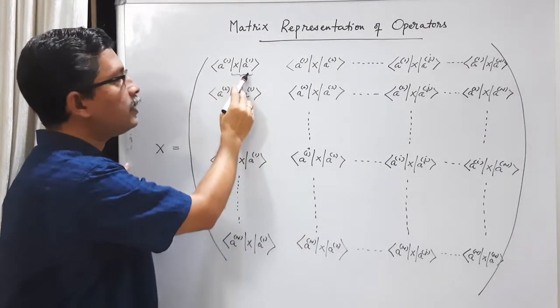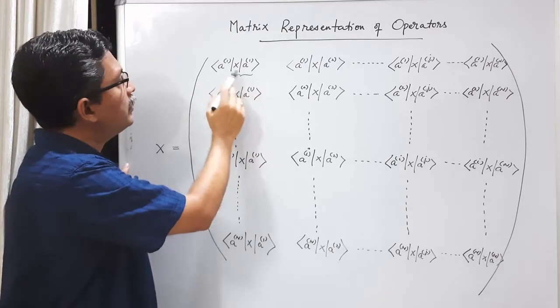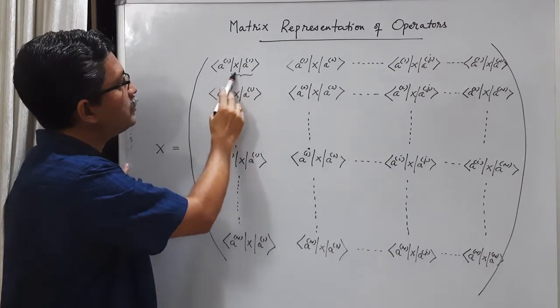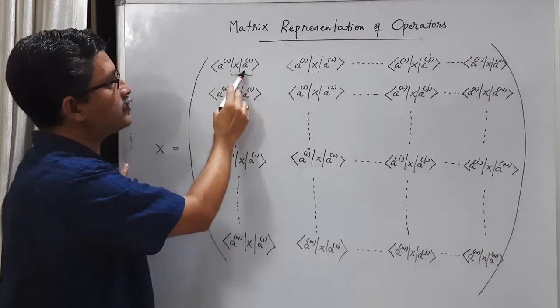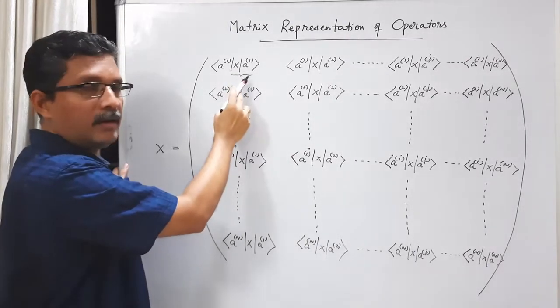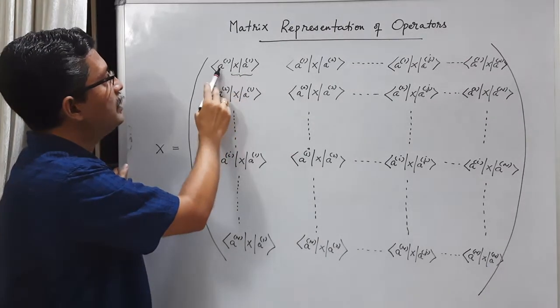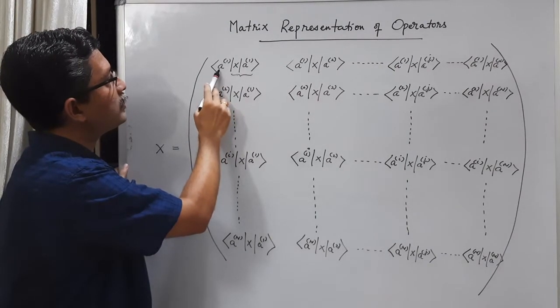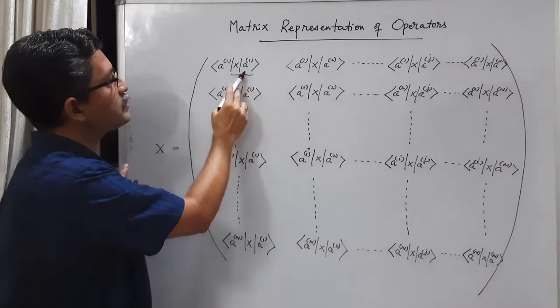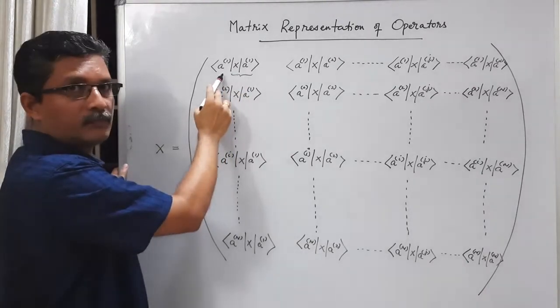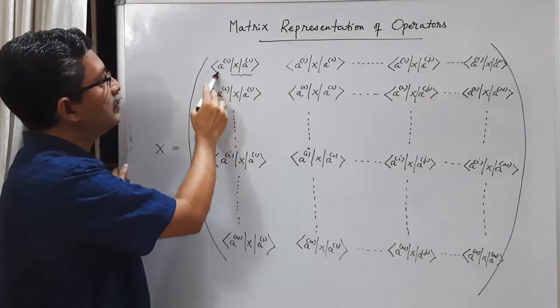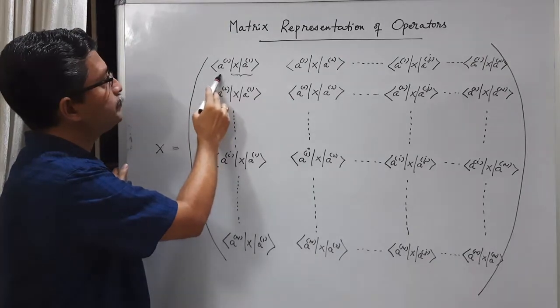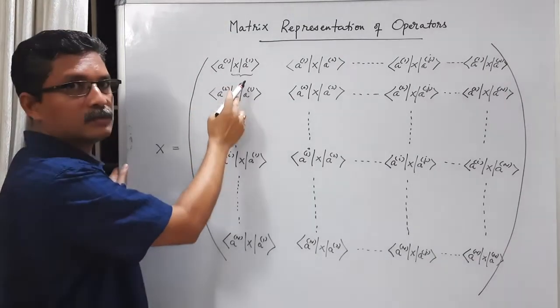So we get a modified base vector here. This is a modified base vector, x acting on a1. What we are doing here is taking the inner product of this modified base vector with a1. Inner product between the base vector a1 and the modified base vector. So what do you get?